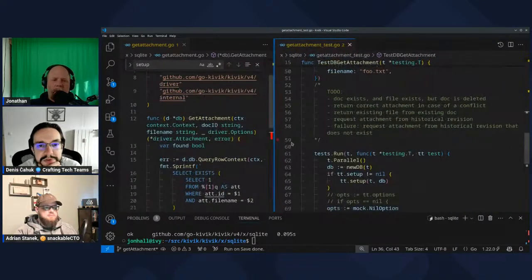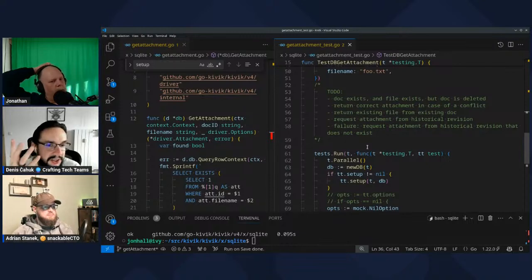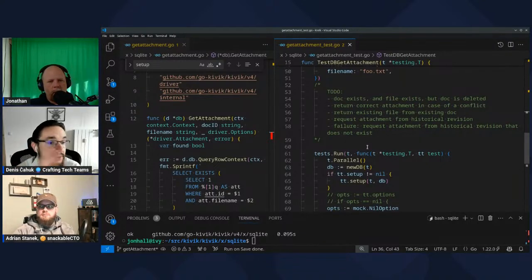For me, the important part about a to-do list is that once you have one, let's say there are like 5 rules that we need to implement for get attachment to work correctly. If there are 5 rules, it's possible those 5 rules can create 20 different permutations or 40 different permutations of test scenarios, because they might be combined differently, right? So when there's 5 rules, I would like us to have 5 tests or maybe 6 tests, but not n factorial amount of tests. I don't want us to have all the combinations of possible tests written, right?